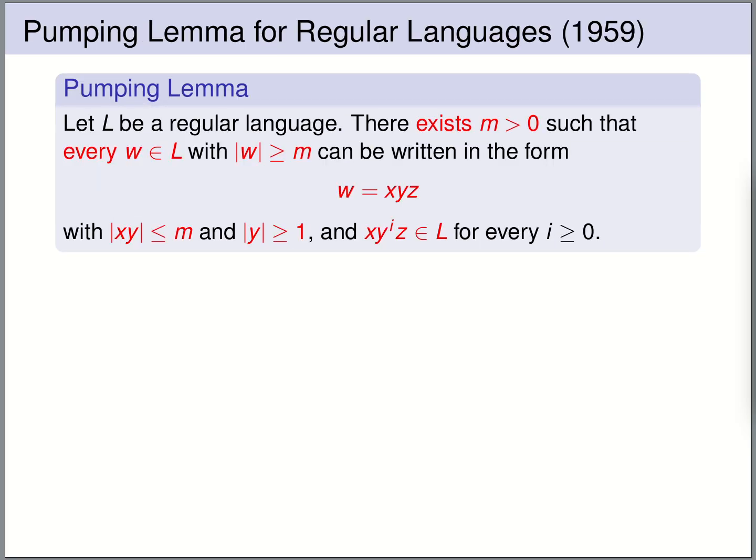The proof that we've just done can be generalized to establish an important property of regular languages, the pumping lemma. So for every regular language L, we have the following property. There exists a natural number m, such that for every word w that has at least length m, the word w can be split in three parts, a prefix x, a middle part y, and a suffix z, such that x, y together have at most length m,